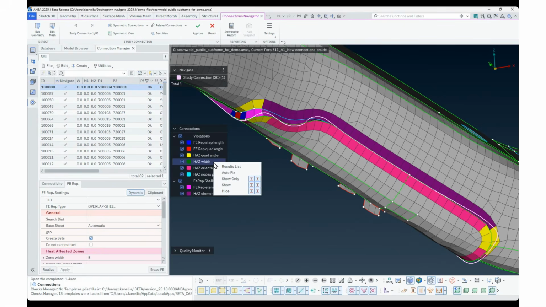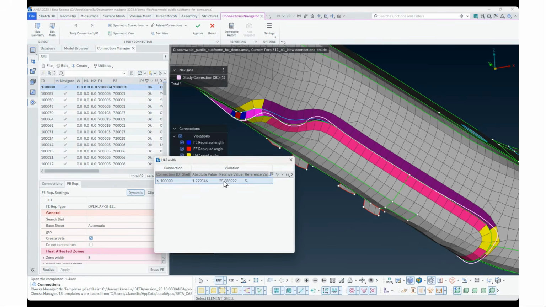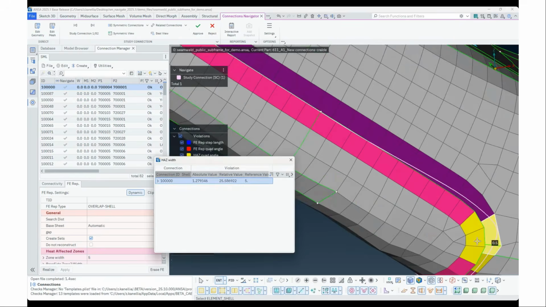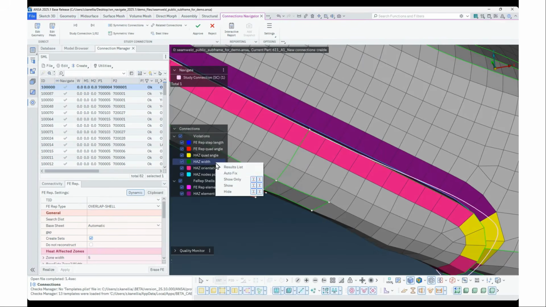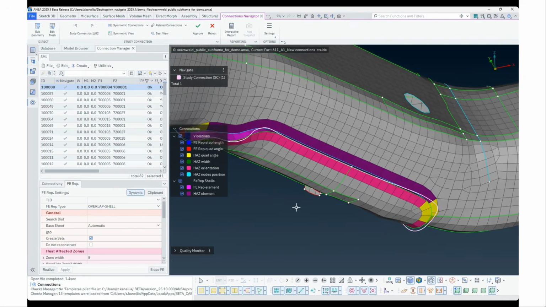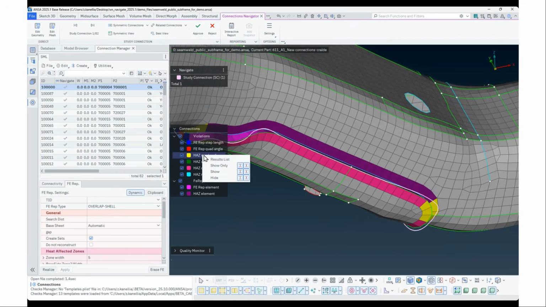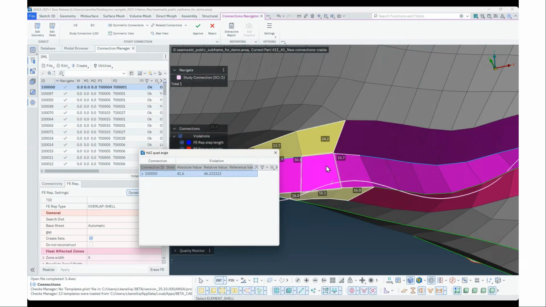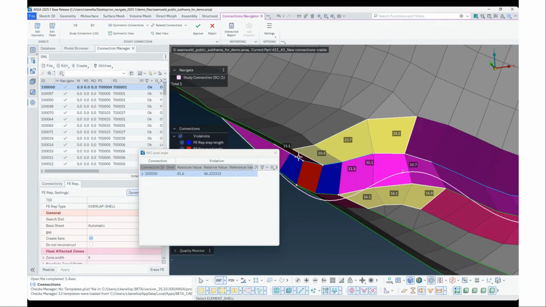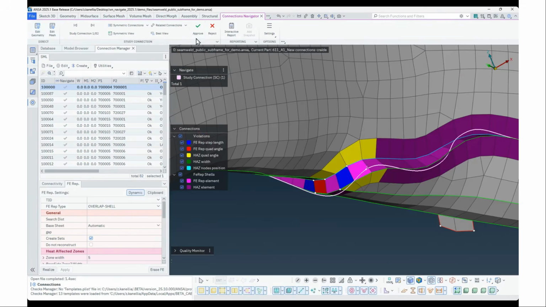For example, if the heat affected zone width needs fixing, there's an auto fix for that, and I can manually adjust things like the heat affected zone quad angle using Edit Mesh. Once everything is fixed, I approve it, and I move on to the next connection.